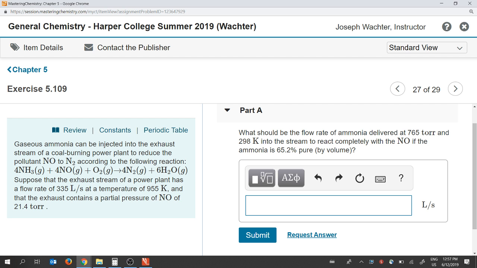So I understand how to do all of it and plug it in, but in your quote unquote conversion factor little series with the x, the fractions, are you just adding a random one that is 100 over 65.2? Or are you doing that after the fact? Either should be fine. So the way you're going to get started with this is to do the stoichiometry to figure out how many moles of ammonia we need per second for 335 liters per second to react with the